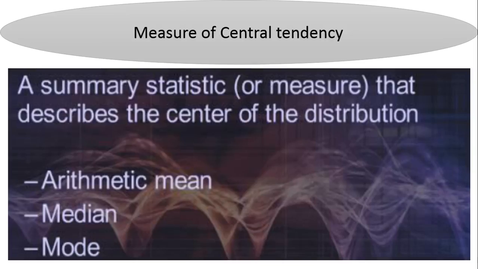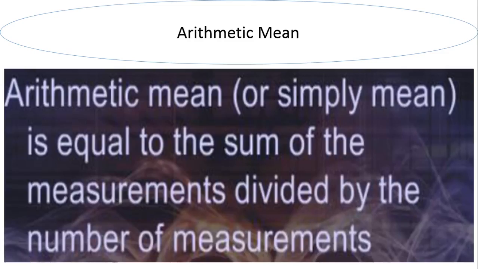So let's pass to the measures of central tendency. Central tendency is a summary statistic or a measure that describes the center of the distribution. The first measure of central tendency I'm going to show you right now is the arithmetic mean, followed by the median and the mode. The arithmetic mean, or simply the mean, is equal to the sum of the measurements divided by the